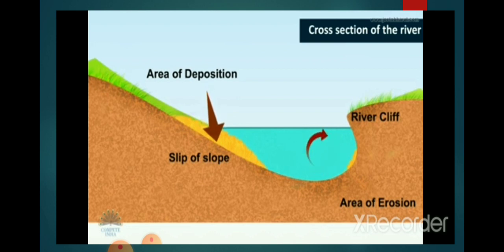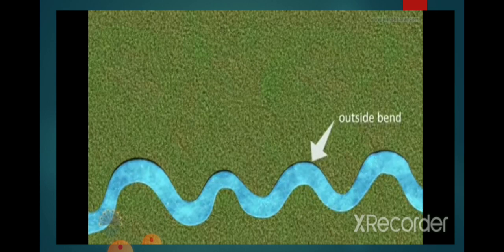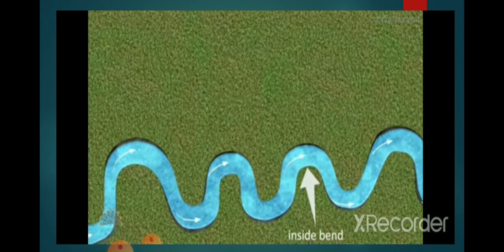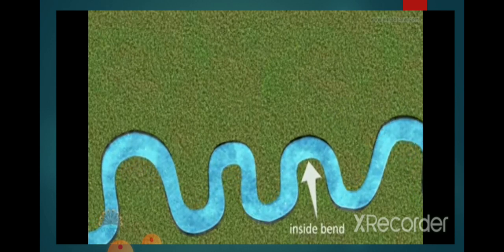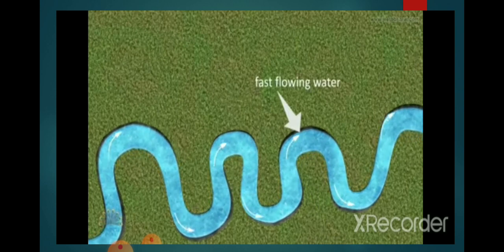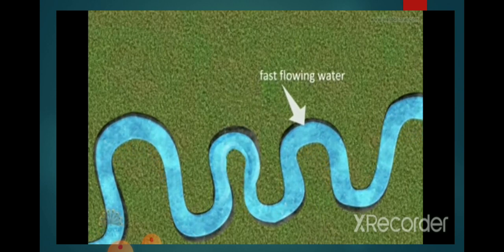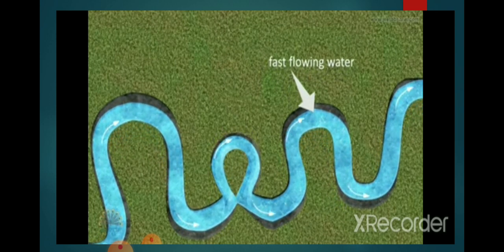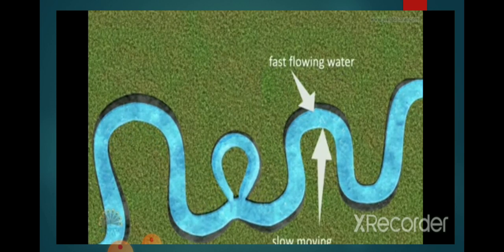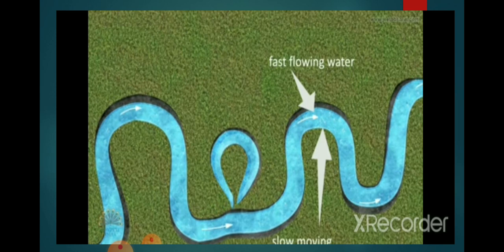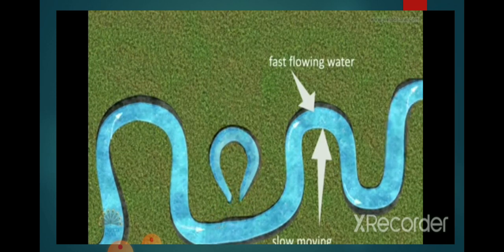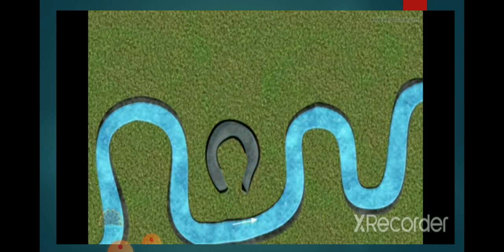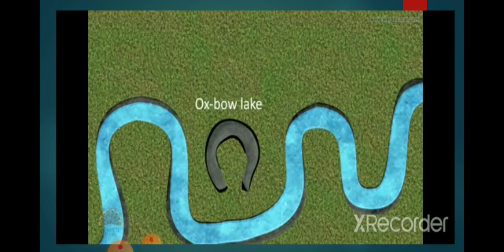In the lower course of a river, a meander becomes very much pronounced. The outside bend gets eroded rapidly and the meander loop becomes almost a complete circle. Gradually, the narrow necks of the loop erode further and intersect each other. Now, the river cuts through the intersection to flow in a straight path. As a result, the meander loop is abandoned and it forms an oxbow lake. The oxbow lake later turns into a swamp and subsequent floods may silt up the lake. It becomes marshy and eventually dries up.